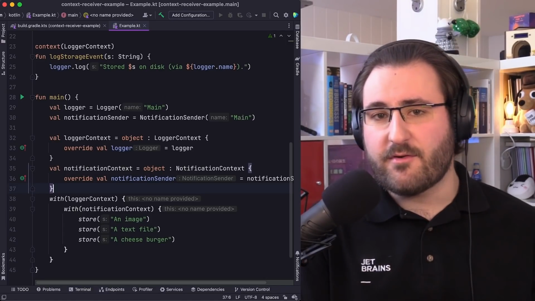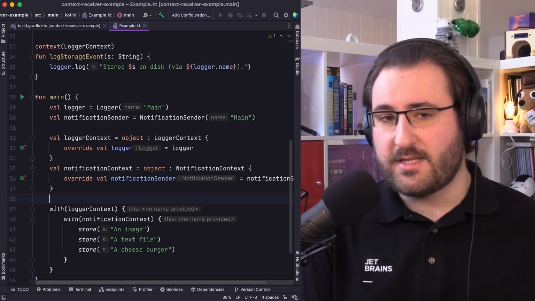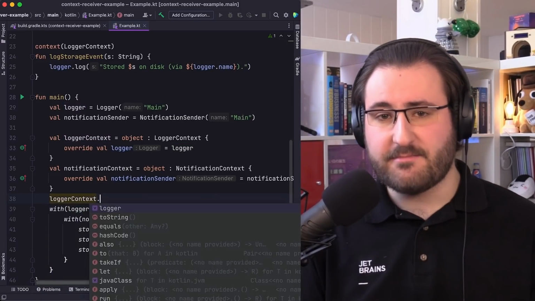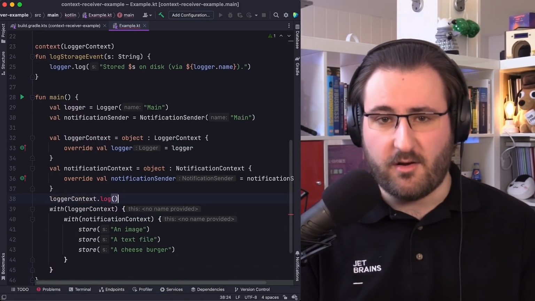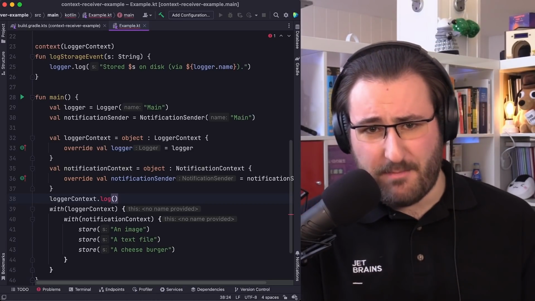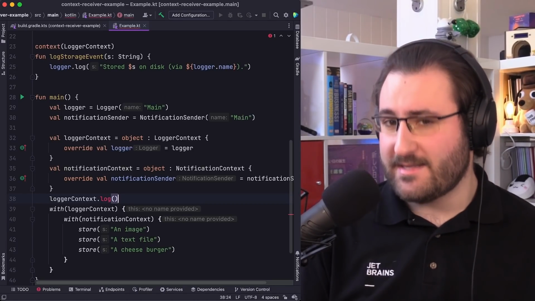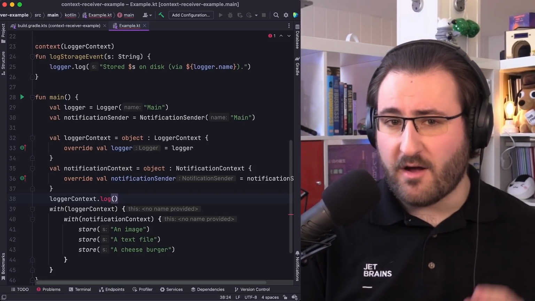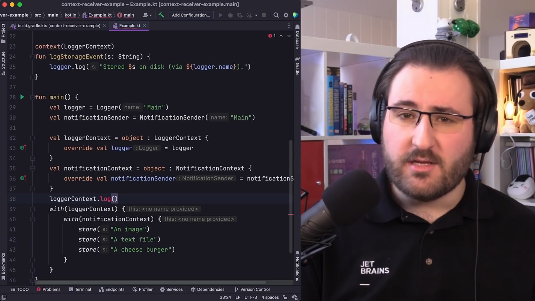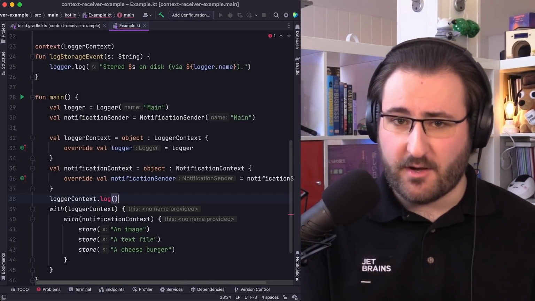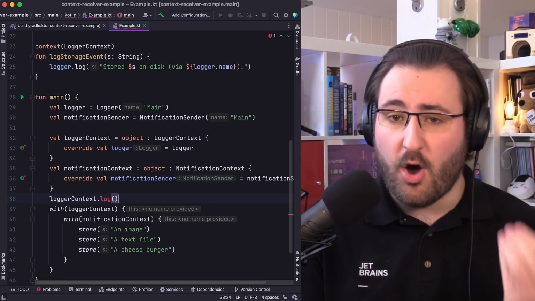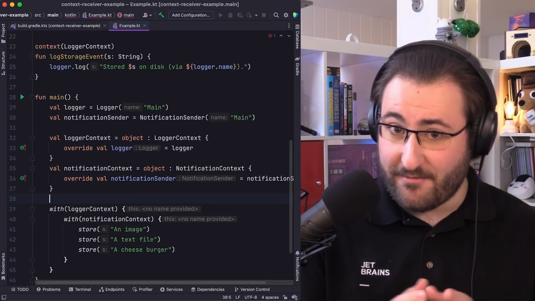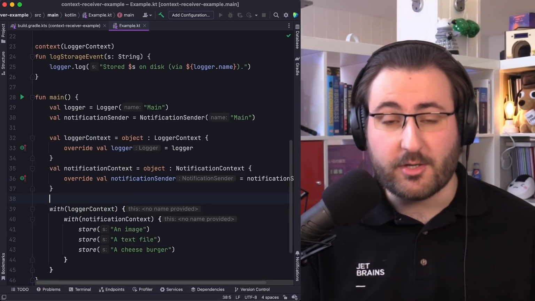That means you're never going to see code that looks like this. It really doesn't matter whether all the other contexts are in scope. And I hope that by now it makes sense why that is the case. You aren't calling functions on a context, you're calling functions in the presence of a context. If you want to call something on an object, that's what we have extension functions for, and those are not going anywhere.